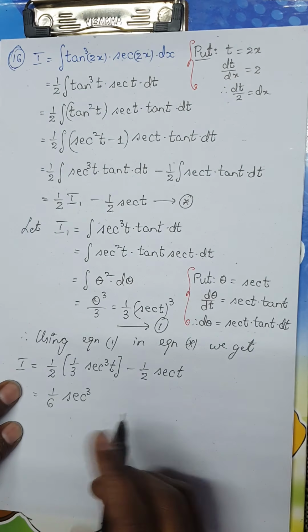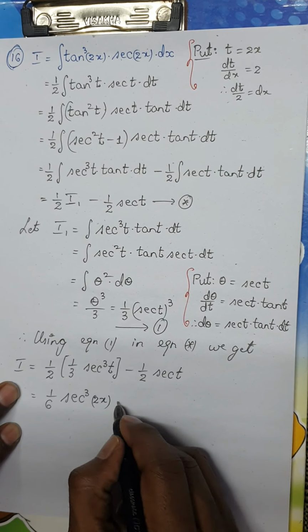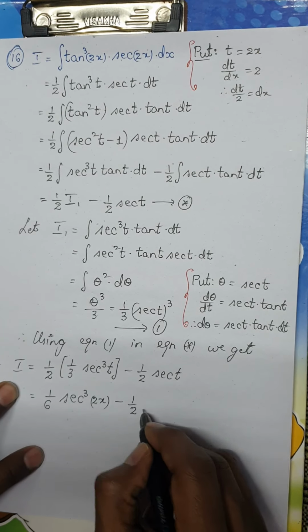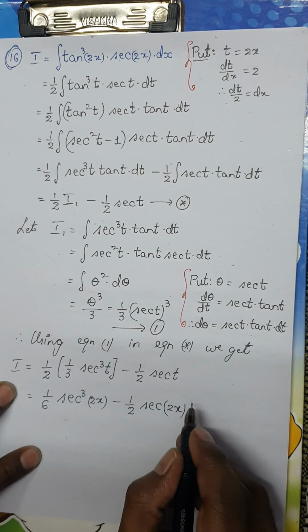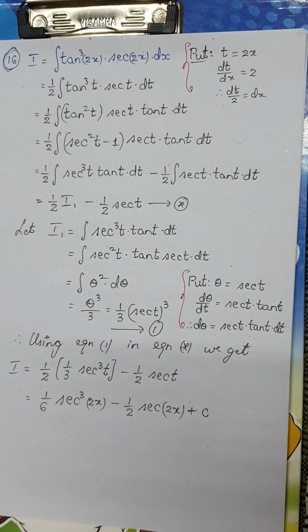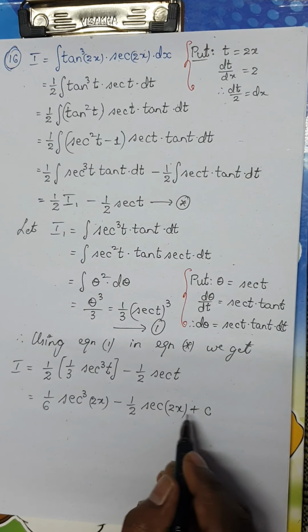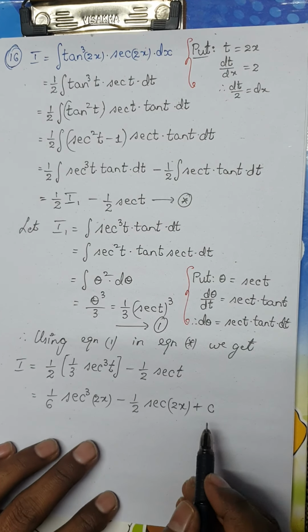I started with t is equal to 2x, so I'm going to put it as secant square 2x minus half into secant t. What is t? T is 2x plus c. This is the constant of integration. Okay, so use the constant of integration in the last step, and this would be the final answer for the